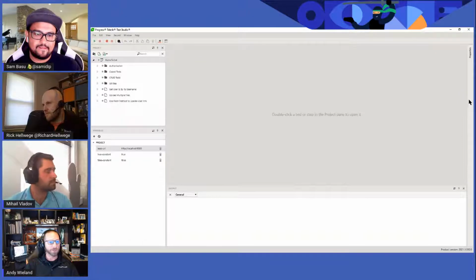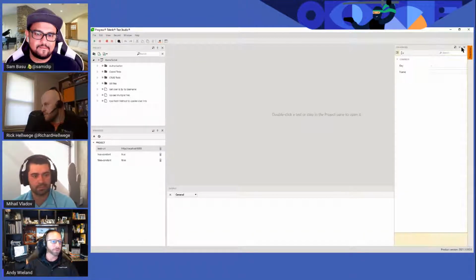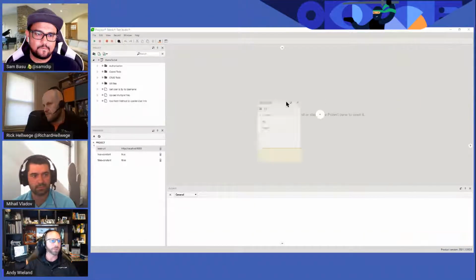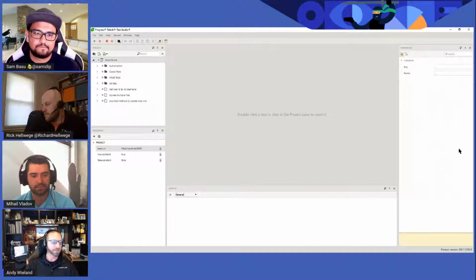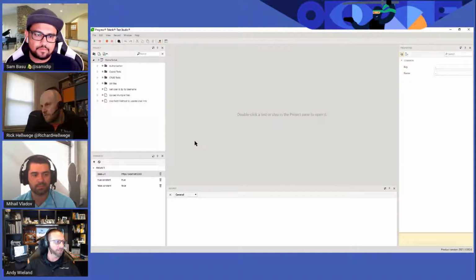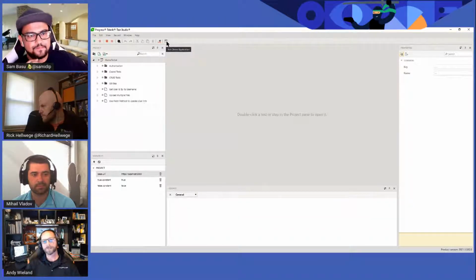So your panels here for properties and so forth, we can pin and dock. These are the floating WPF panels. So pretty cool, where you can position things, get things out of the way when you don't need them, collapse and pin and all that stuff. But here's our little sample demo project that comes up with this. And there's also a demo app built into this as well. So we can just turn this on.